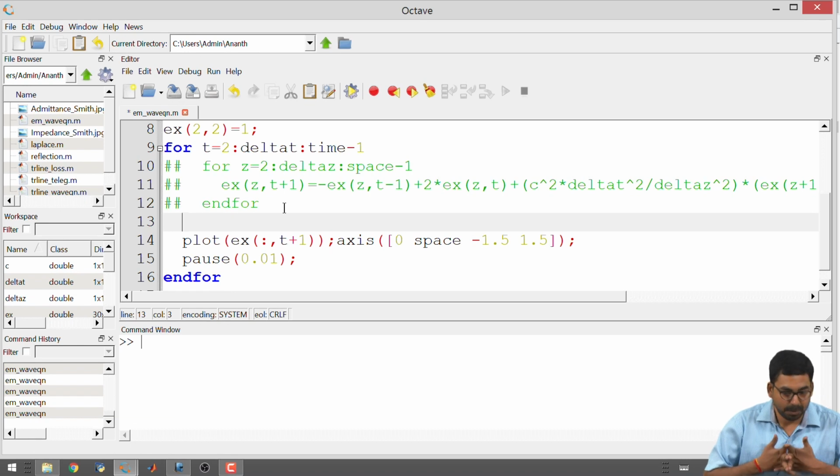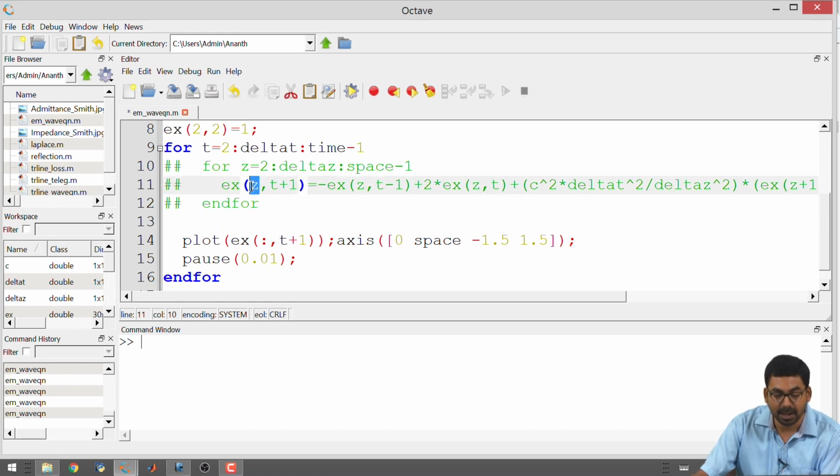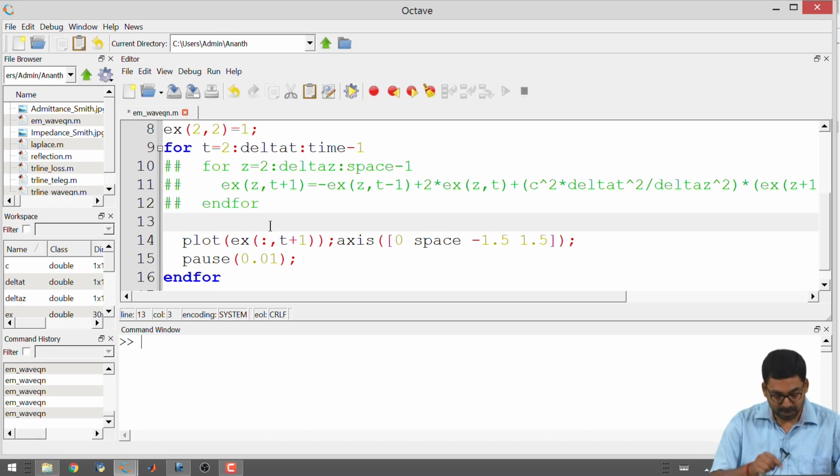First of all, I notice that the loop goes from 2 to space minus 1, which means that whenever I have a z array subscript, I have to substitute 2 colon space minus 1 instead of z. So, suppose I make the first term Ex of, instead of z, I will just put 2 to space minus 1,